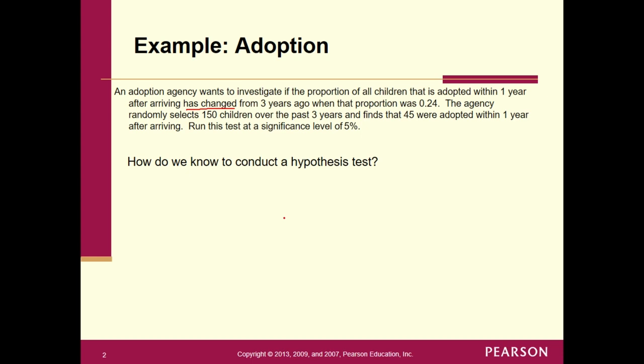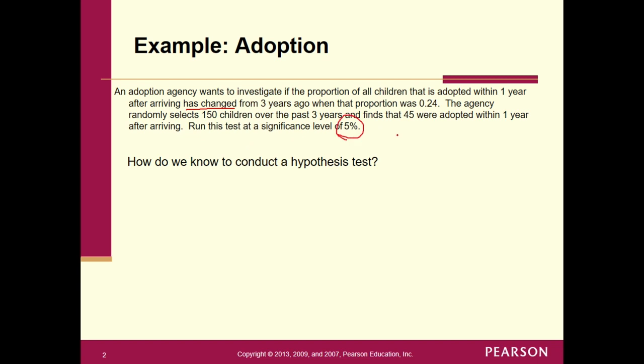We're just concerned, it doesn't matter if it's greater than or if it's less than, it's just that it's significantly different, right? And so we're clearly running a two-tail test here, okay? So the agency randomly selects 150 children, 45 were adopted within 1 year. Run this test at a significance level